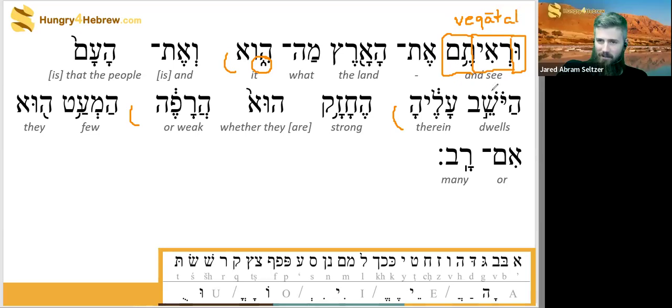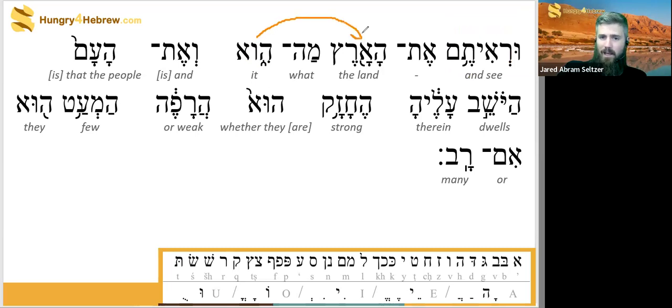Vekatal. Meaning you take a katal verb, you add v to the front. Of course, here it turns into u because of the shva, but I digress. You add the v to the front and it flips the tense, turns what was a completed verb into an incompleted one. And you all see, or and you shall see. The land, what is she? There's a vav right there, a misspelled he, but fortunately the scribes gave us a chirik here to know that it's she, but we already knew that because land is feminine.